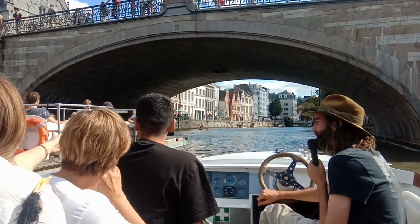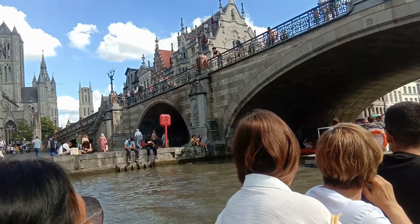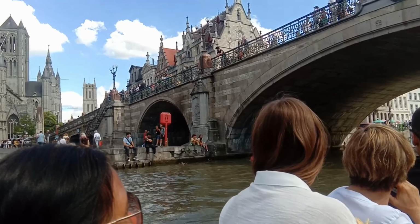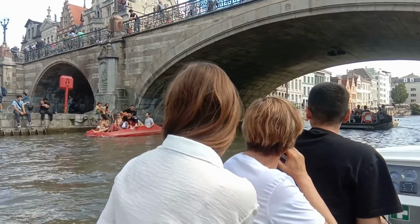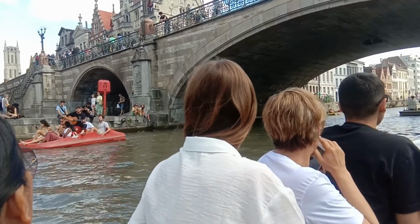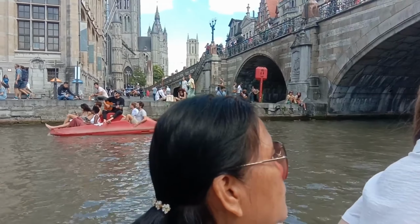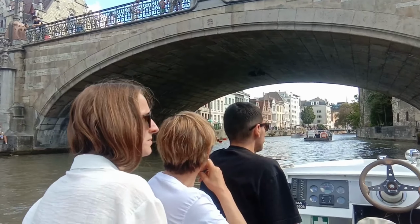The first one is the St. Nicholas Church, then the Belfort, and the last one is the St. Bavo's Cathedral. The Belfort was not a religious tower, but was a watchtower to look out for enemies attacking the city, also for fires. And then the last one, the St. Bavo's Cathedral, where we can see a very important and very famous painting known as the Ghent Altarpiece, or also the Adoration of the Mystical Lamb, which is without a doubt the most